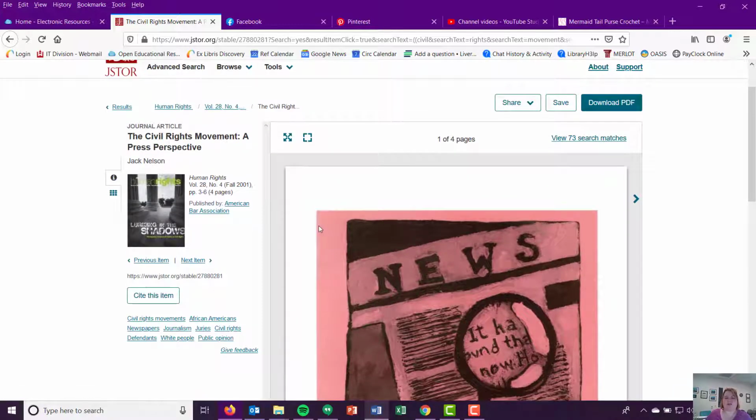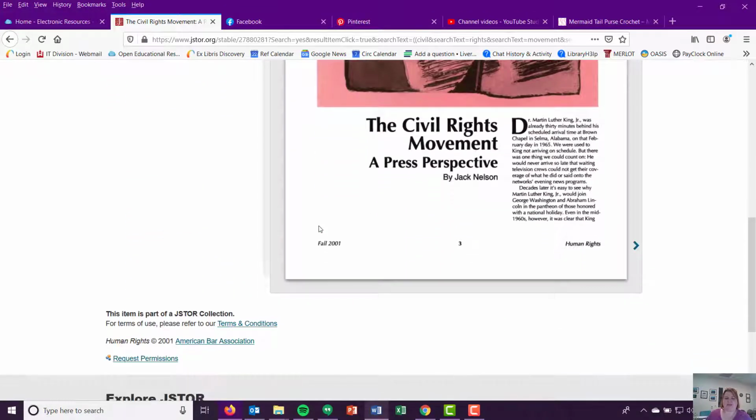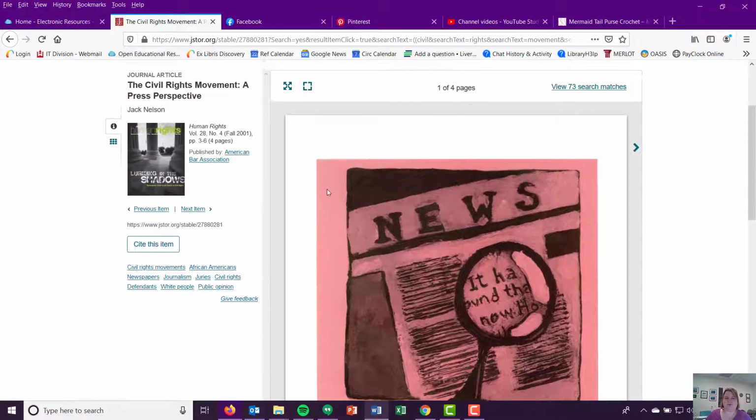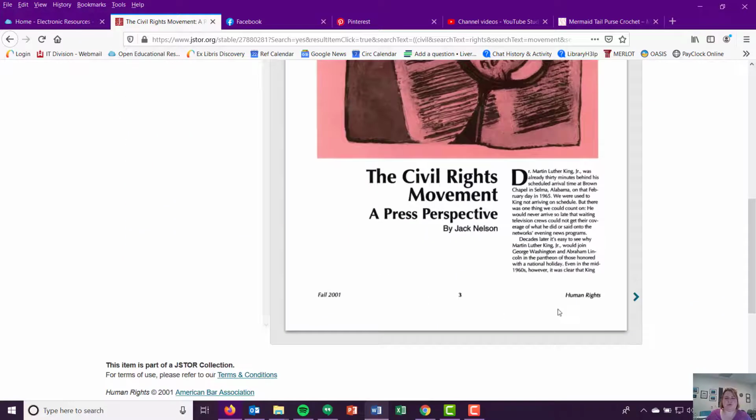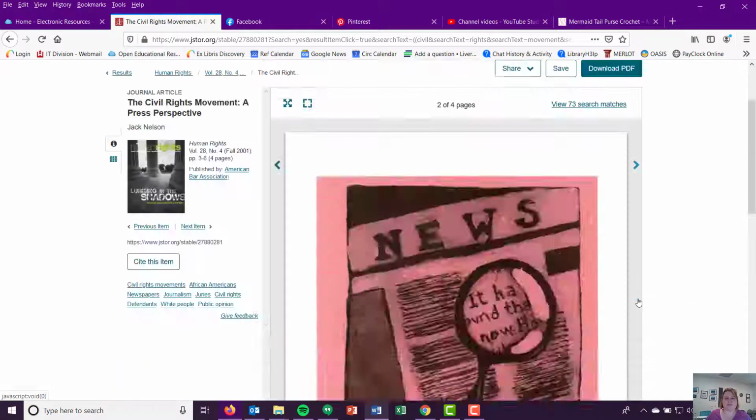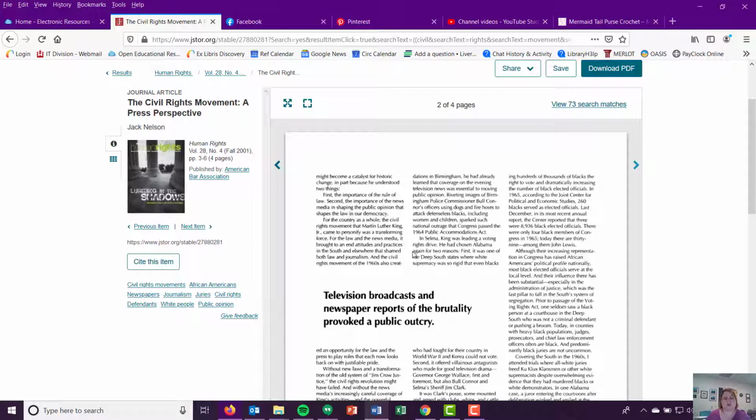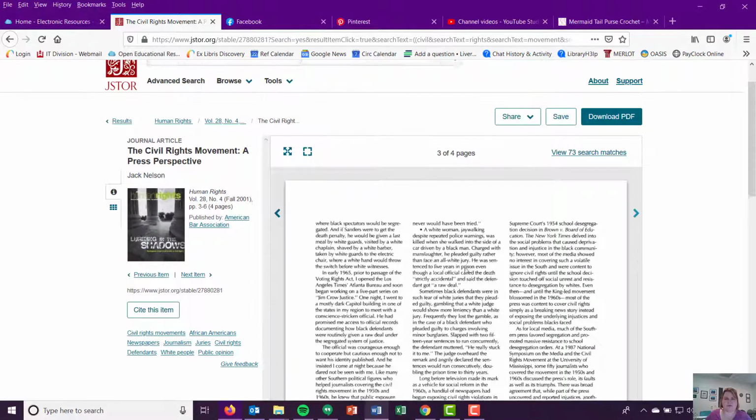It defaults to automatically giving you the PDF full text. The PDF for this one, it doesn't have HTML. Jstor only brings you PDF options. This is one where you don't scroll through the PDF. You have to use these little arrows to get to the next page. Hopefully y'all could figure that out. Most PDF readers, though, you scroll down to get to the next page, so this is different with its reader on how it operates.